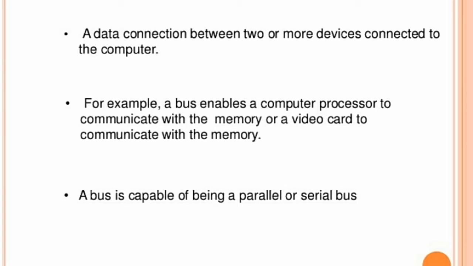Buses are what the processor uses to communicate with input and output circuits and memory by using different signals. These signals travel along a set of wires or connections called a bus that connects the different components together. For example, buses transfer data from one component to another component, like